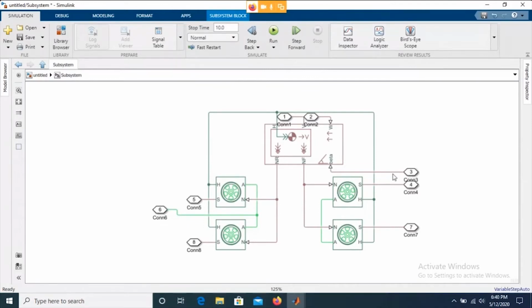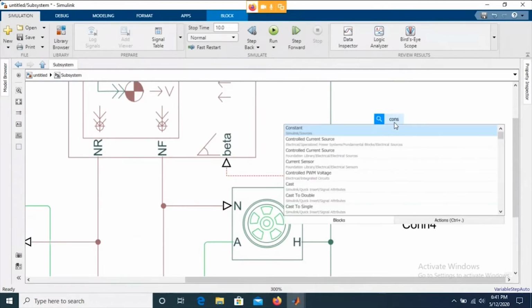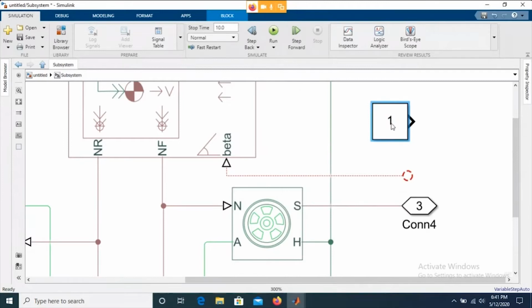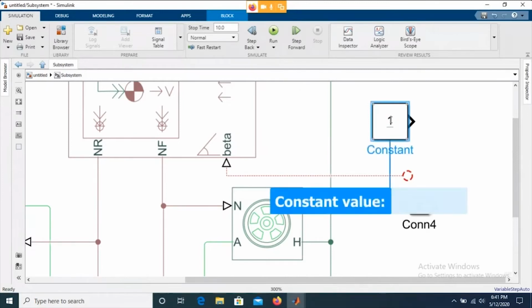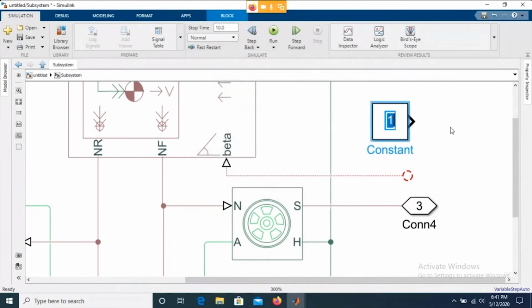So let me go into the detail, and let's say we do not want to simulate our vehicle on a flyover. We want to simulate the condition which is level ground. So what I'm going to do, I'm going to delete this, and I'm going to have a constant over here, and this constant is nothing but a 0. So let me say this is 0, and this 0 is going to be the gradient angle. Now let me try connecting this.